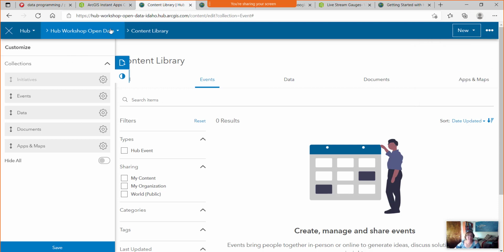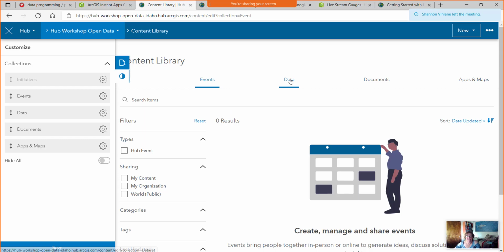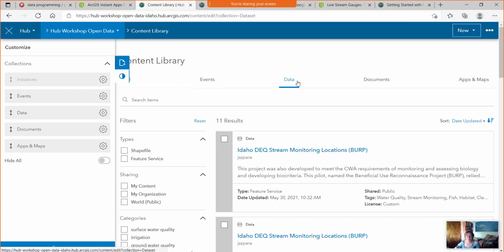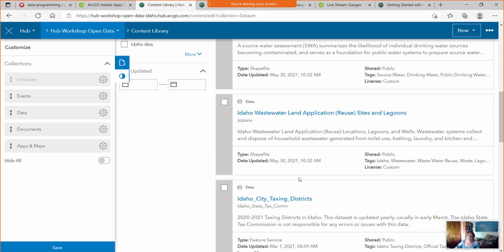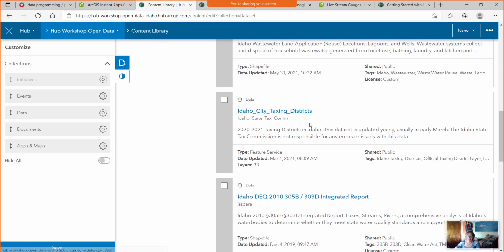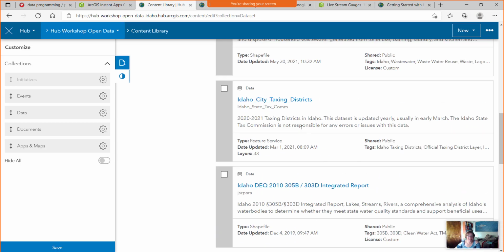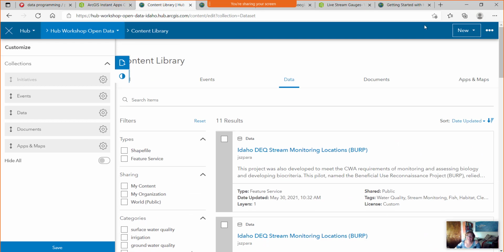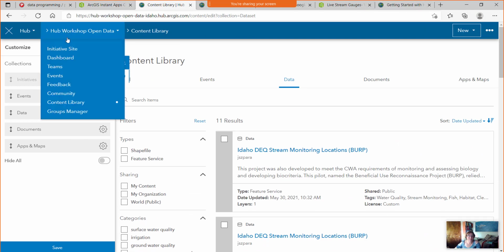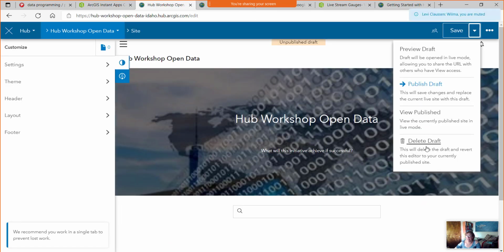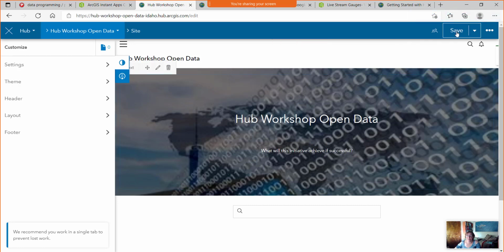All right, so let me refresh this page and see if there's any data. All right, data. There we go. So you can tell it picked up some data sets from DEQ. Taxing districts would be from the Tax Commission. So now I have all this data here. And with that in place, let me go to the initiative site. Let me publish it and let's just try out our new open data site. Okay, so yep, it's published. Let me make sure it's also saved. Save,